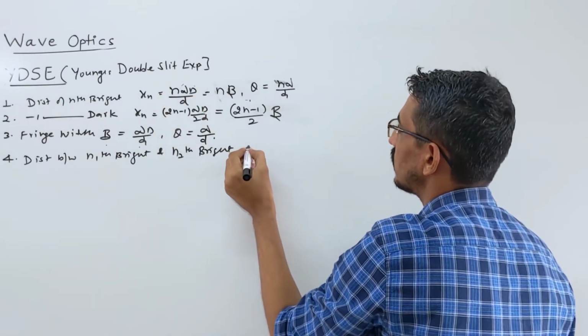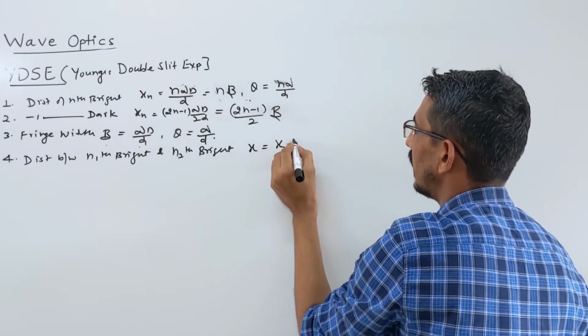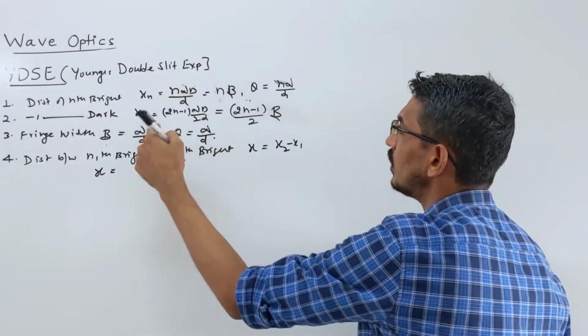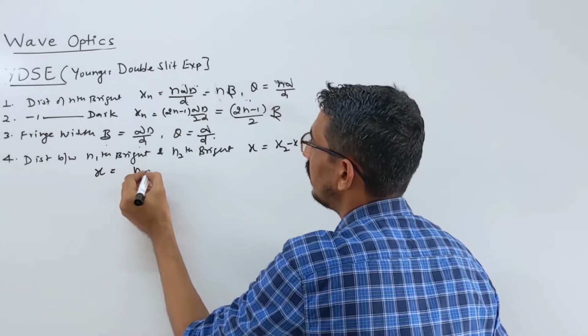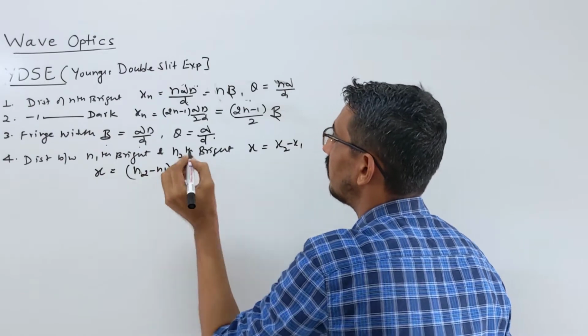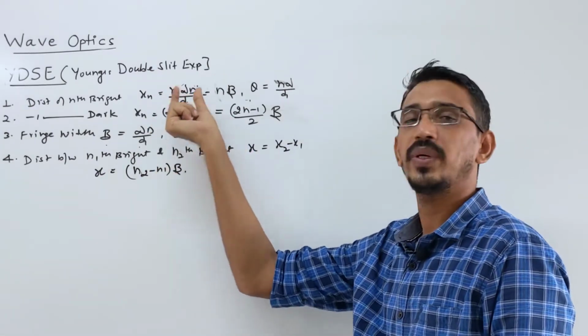So this simply becomes what? That distance becomes what? Like this one I'm writing. You said like x2 minus x1 something. So how much does it come to, watch carefully. Look here, lambda D and d, this is common. So what you get simply, look here, n2 minus n1 times what? Beta. That's all. You're writing for n1, then writing for n2 and subtracting them.